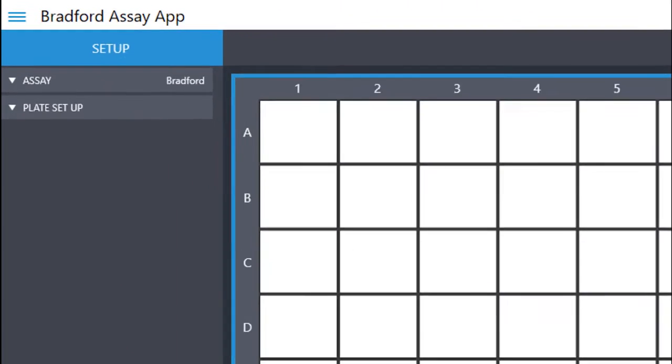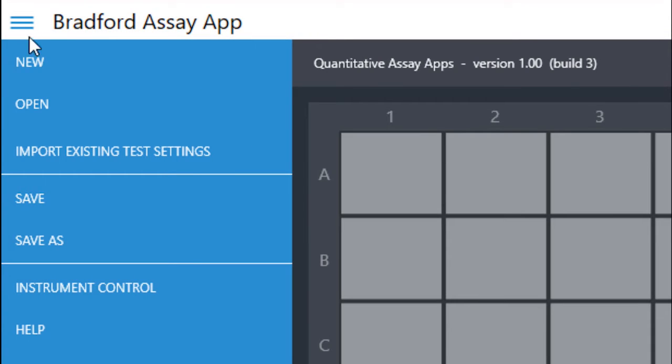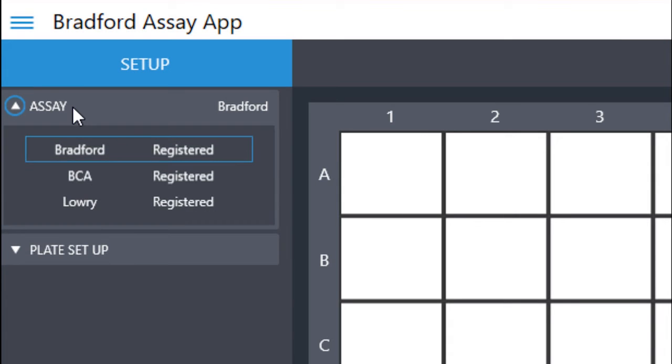To import settings from a previous session or open an existing file, you may select these options from the drop-down menu in the top left. For demonstration purposes, I'm going to walk through the setup and analysis of a BCA protein quantification assay. The first step is to choose the desired assay from among the installed applications from the drop-down on the left